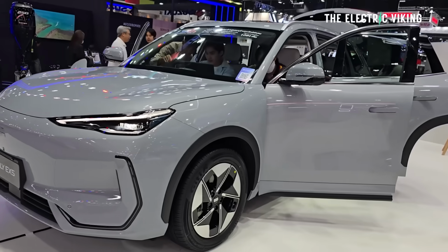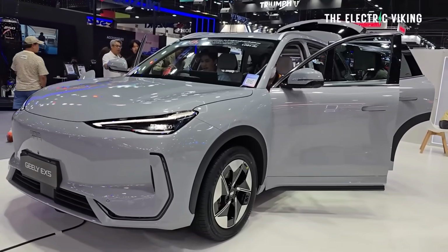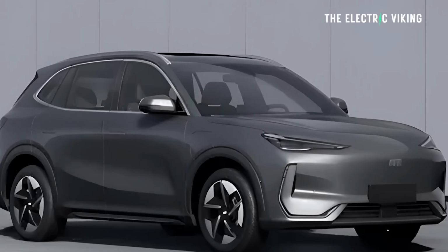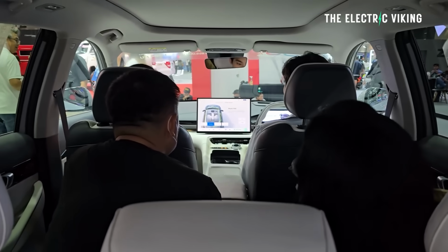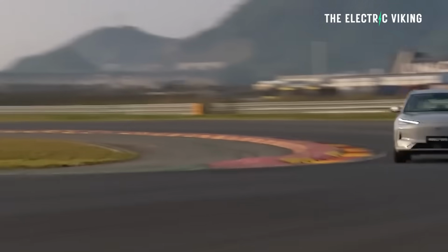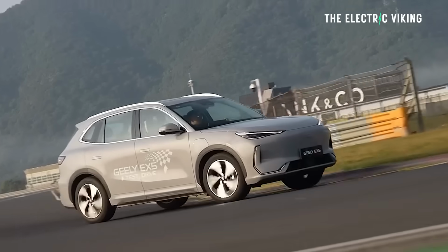The Geely EX5, which has just gone on sale in a number of different countries around the world, is a very good value for money car. It's just been updated in China. It looks a little different on the outside, a little different on the inside. Not major differences, but it's a little different. The biggest difference, though, they've added a different long-range version, a bigger battery option that will give you